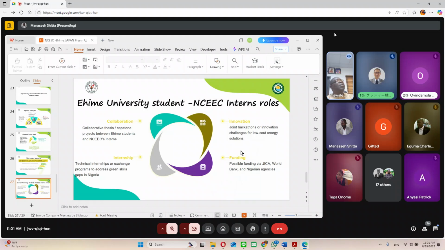The Ehime University student and NCEC interns' role. You see, we are involved in several collaborations with different universities. For instance, as we speak, we have a collaboration between Rice University, Austin, Texas, and University of Lagos on neonate and maternity,